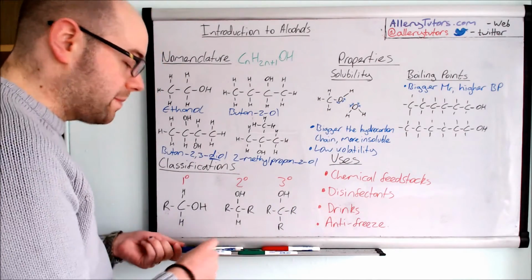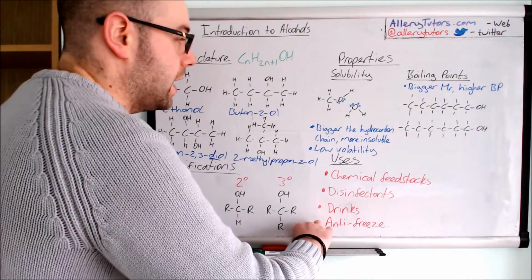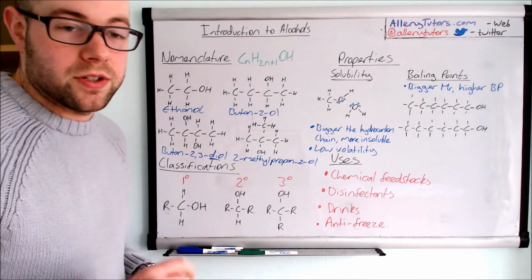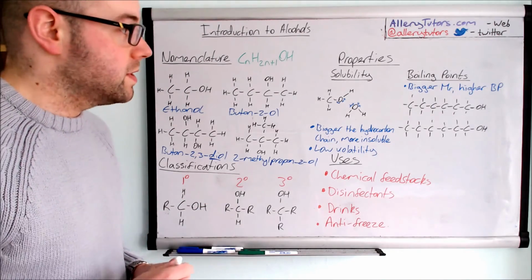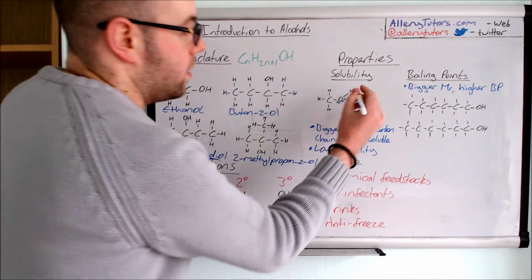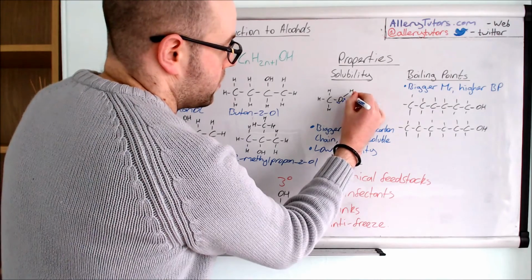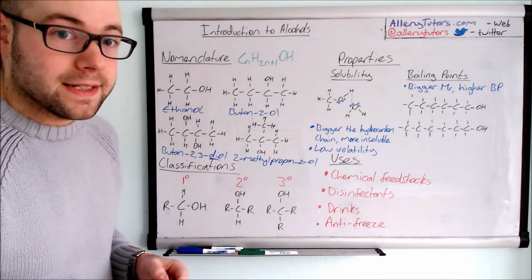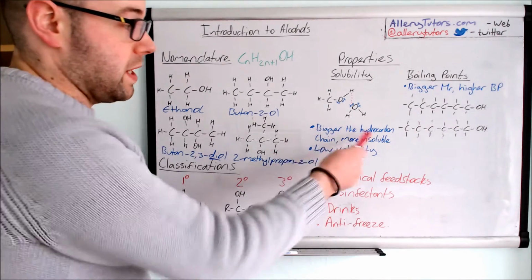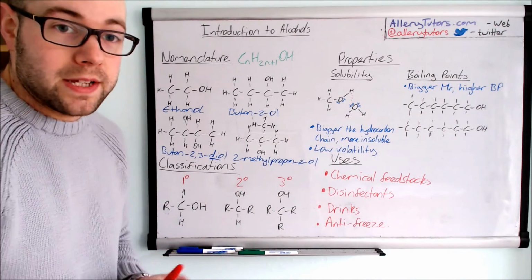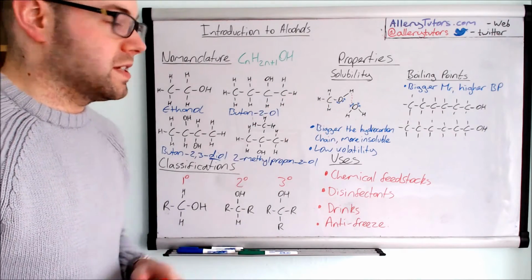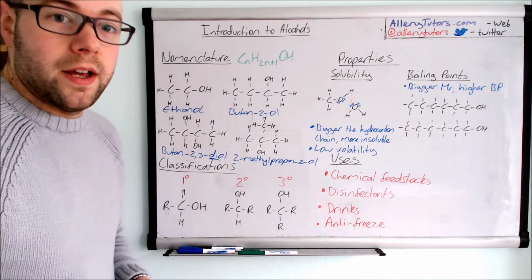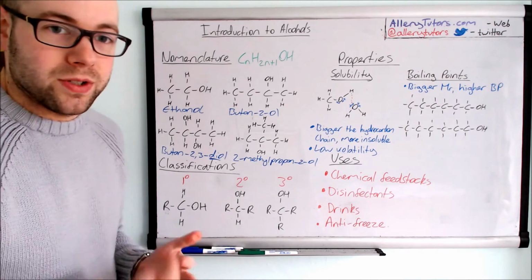hydrogen there. Now, what happens is these things hydrogen bond, and a hydrogen bond exists between a hydrogen and an electronegative element such as nitrogen, oxygen, or fluorine. So in this case, you can see we've got a hydrogen on the alcohol. This can hydrogen bond with the lone pair of electrons on the water, so therefore it is soluble. But obviously, the bigger the hydrocarbon chain, the more insoluble it is, and that's because the hydrocarbon chain won't hydrogen bond with water and is non-polar, so has no dipoles in there, so therefore it doesn't really dissolve